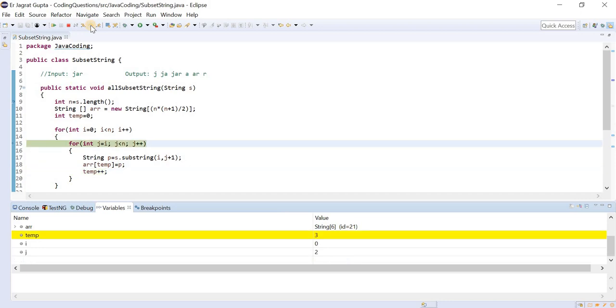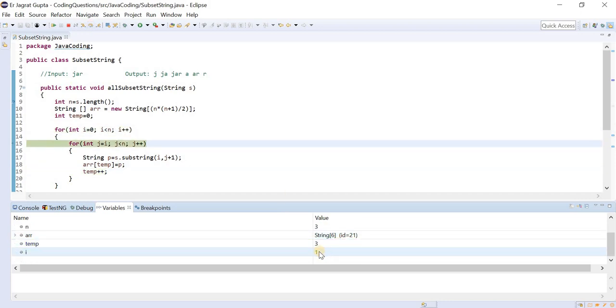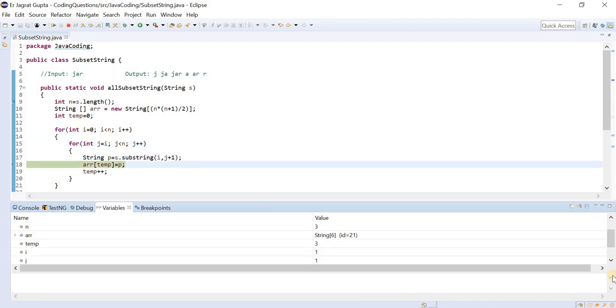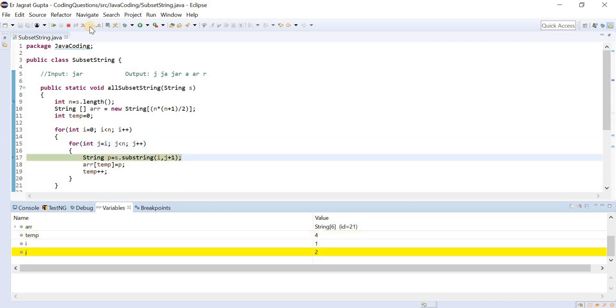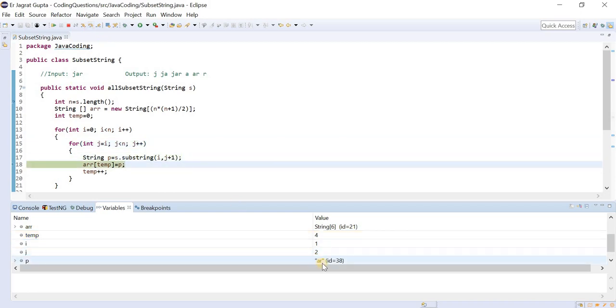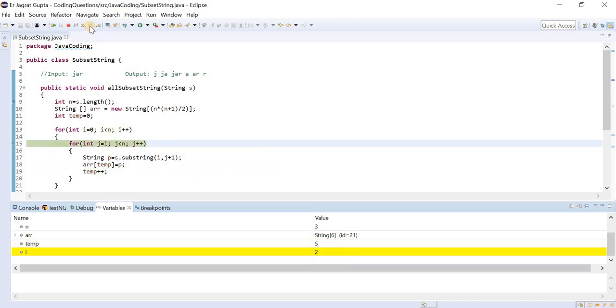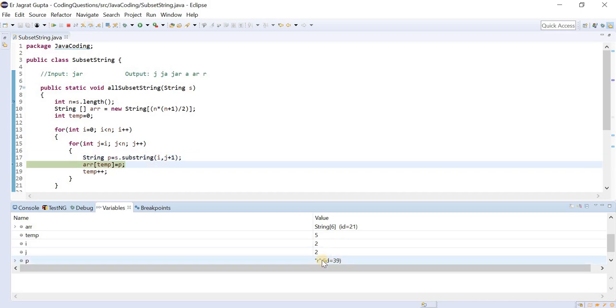Then the value of i is 1, and it will store a, small a, then AR, and then the next value, small r.